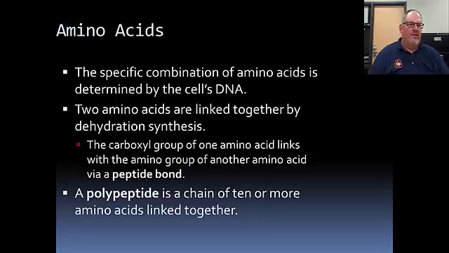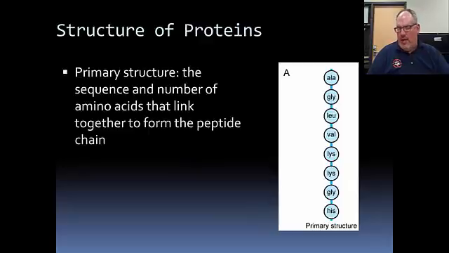A lot of times we'll have these chains of 10, 20, 30 chain polypeptides that will be spliced together all at once. By putting them together, you'll take these polypeptides and change and form them into a protein. So there's a primary sequence when we look at the structure of a protein here. The primary structure right here is alanine, glycine, leucine, valine, lysine, glycine, histidine. That's the primary structure of the protein. It's a number of amino acids that are linked together to form that peptide chain.